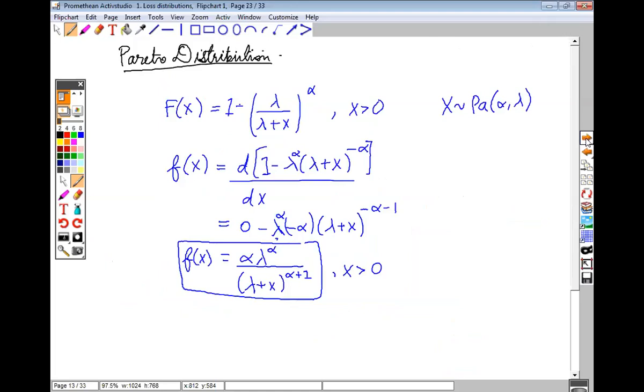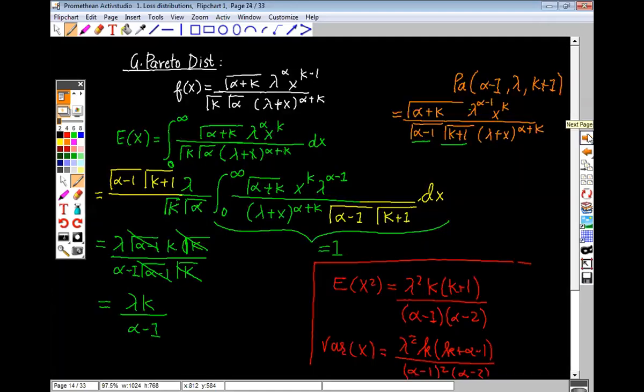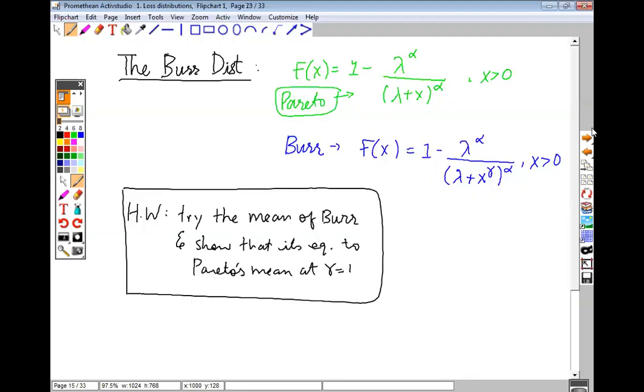And then we looked at Pareto distribution and then generalized Pareto distribution. Here we tried to use the technique of not having to solve the integral, but just comparing it with another Pareto distribution with some parameters put accordingly. And then we looked at the Burr distribution, and we just tried the mean of Burr distribution. I guess it was enough to try because I knew that you guys will not be able to solve it anytime. And showing this is, I guess, easy.